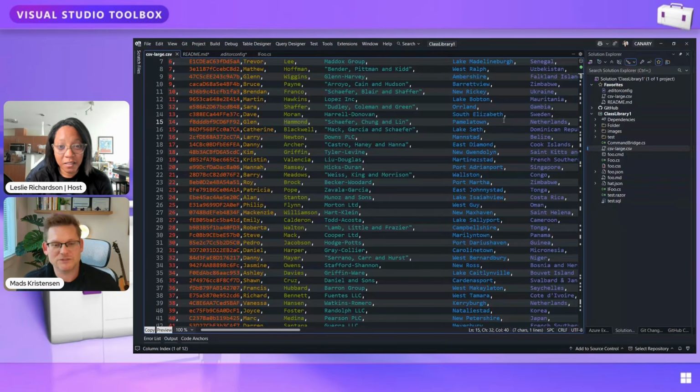Yeah. And this is 10,000 lines. I have a file with 100,000 lines in it. Same thing. It does not slow down anything because it only affects what you can see, what's in the viewport. So all this alignment only happens when it needs to happen and not for the entire file. It doesn't matter how big the file is. Visual Studio doesn't even break a sweat doing this. That is very impressive.